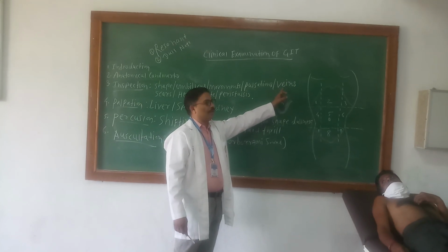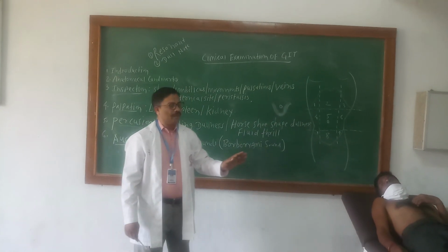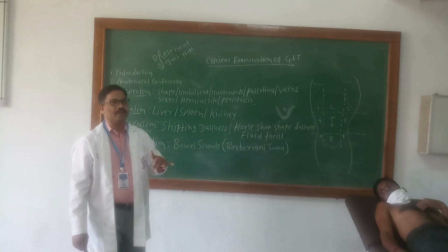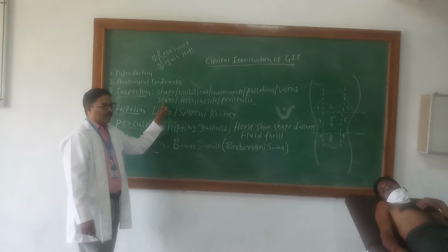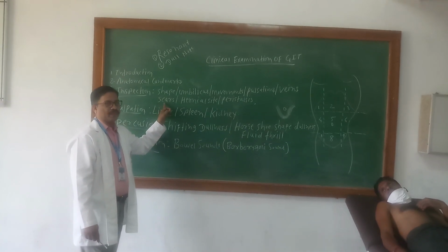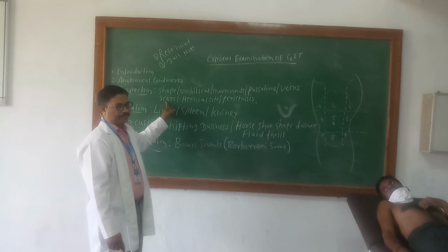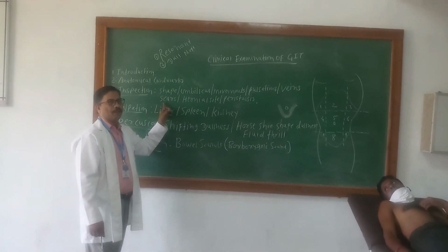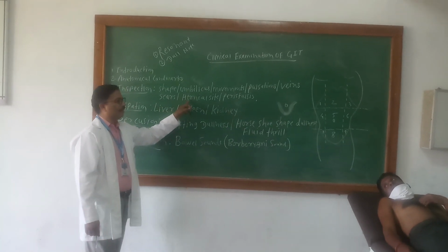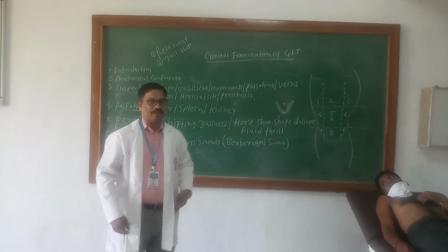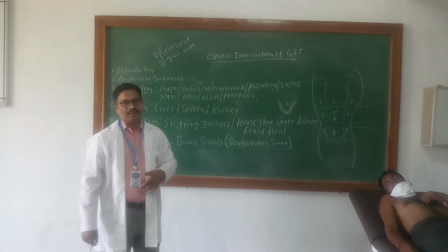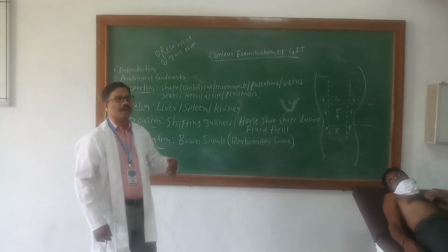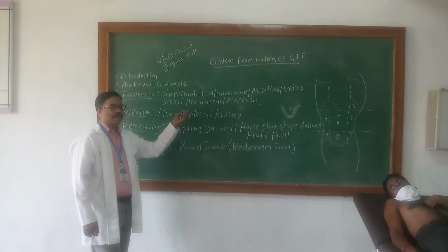Then veins. Normally there is no distended vein on the abdomen, but in portal hypertension there are distended veins around the umbilicus. Then scars: there may be a previous operation on the abdomen, like operation for hernia, or for the liver, kidney, or any diseases. There is an old scar on the abdomen. Hernial sites: right inguinal region and left inguinal region, along with the umbilical region. If there is swelling around the umbilicus, right inguinal or left inguinal, there is hernia. You should look for whether there is hernia or not.